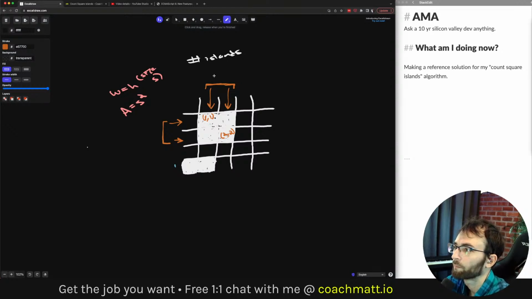It's max minus the min plus 1. And then the same here. And then you can square those. And then with that, you have the bounding box of your island.